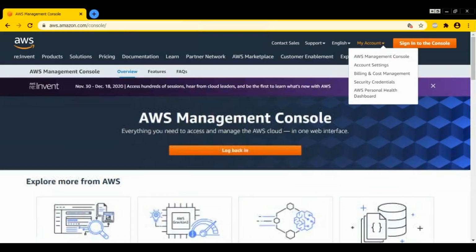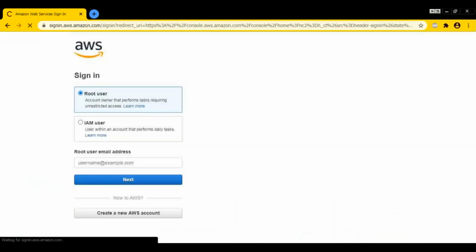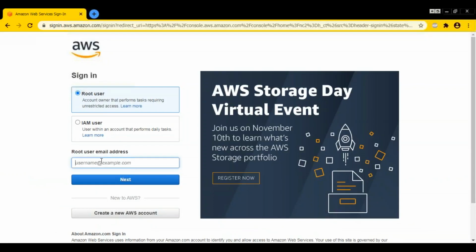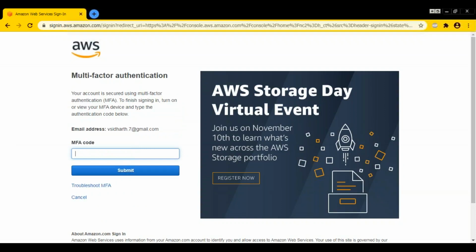Now if I go here and say sign into the console as the root user, it will ask me for the password. Now after entering the password, it will ask you for MFA.